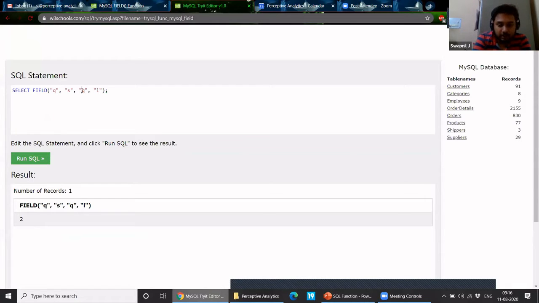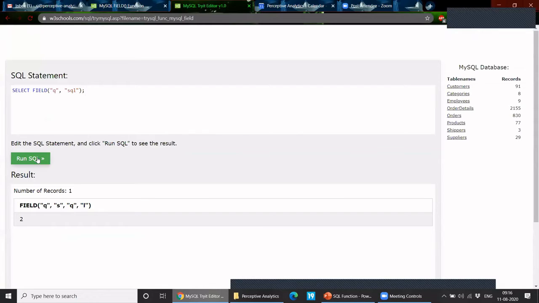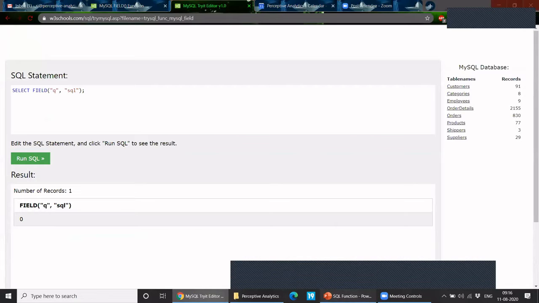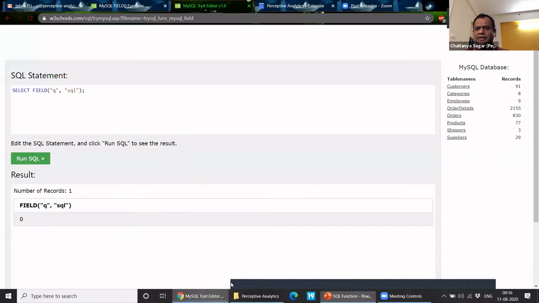But if you put it in a single string, it won't work. So the field has to be complete, right? Yeah. We need an exact word. If we have multiple strings and want to find a position in a single string, this function won't help you in that.